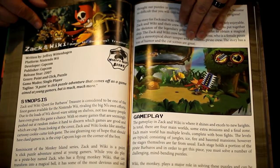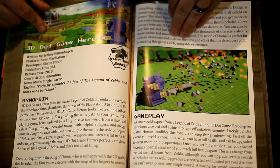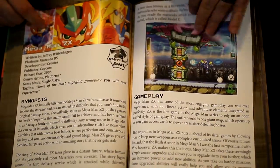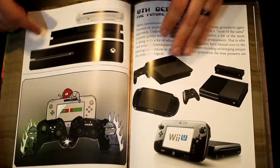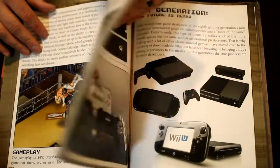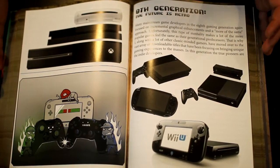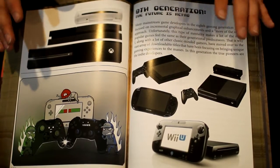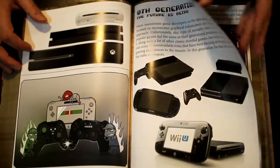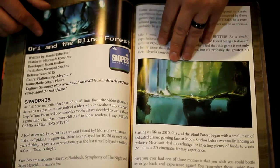Cool. Zack and Wiki, very underrated game for the Wii. 3D Dot Game Heroes, that's on the PS3. Mega Man ZX, I still haven't played that one. See, and then again, I feel like more should have been contributed to these two generations just because I know they're more recent, but I still feel like maybe if he does Hidden Gaming Gems Part 2, he could do more on these later generations, but I feel like there's way more emphasis on older games than newer games, which is fine, but Axiom Verge, Ori and the Blind Forest,